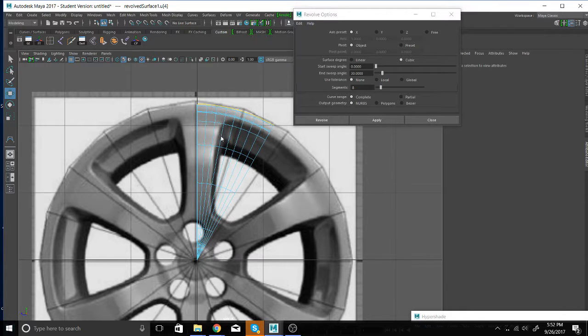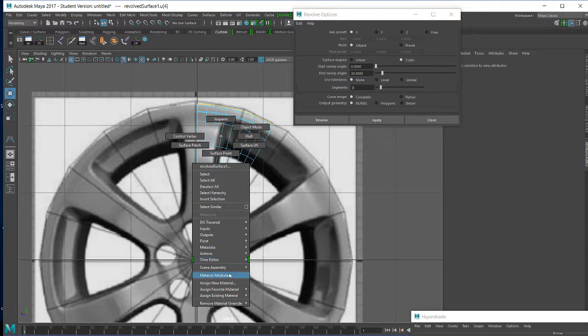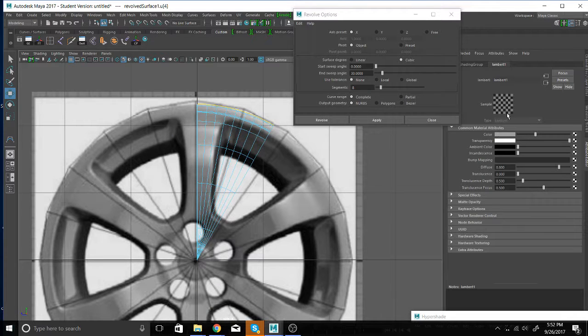So I could right click on the object. I go down to material attributes at the bottom here. I release and I see that the color comes up here in the attribute editor. The second one down is transparency, and I can